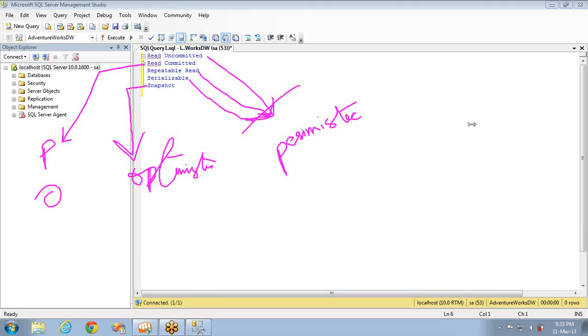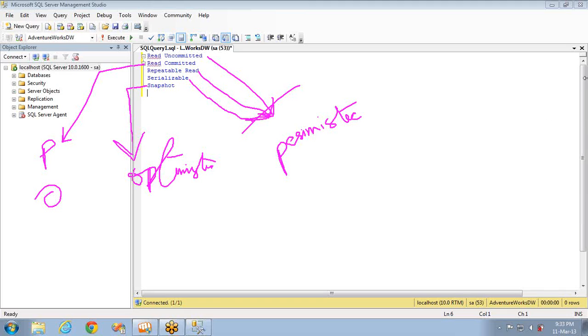So the 3 isolation levels, read uncommitted, repeatable read, and serializable, are available only in the pessimistic concurrency model, whereas snapshot is available only in the optimistic concurrency model, but read committed is available in both optimistic as well as pessimistic concurrency models.